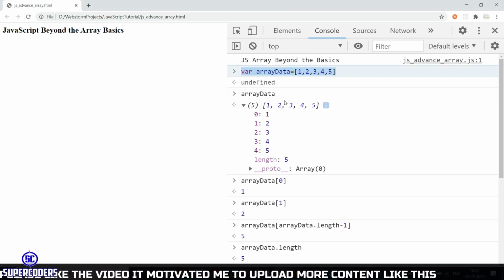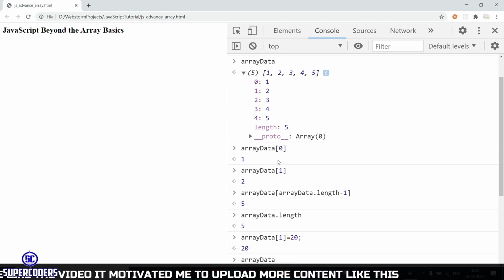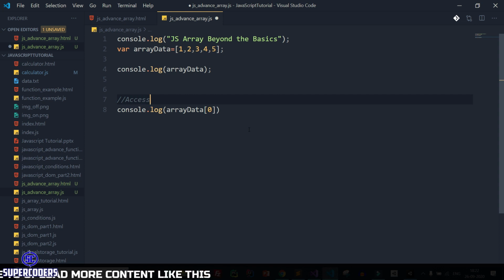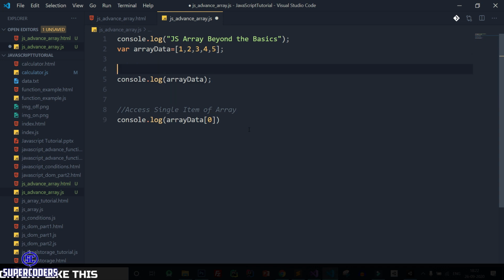After that, the next example is how to update the value. So just copy this example, or how to print the value. So console.log, access single item of array, print all data of array.